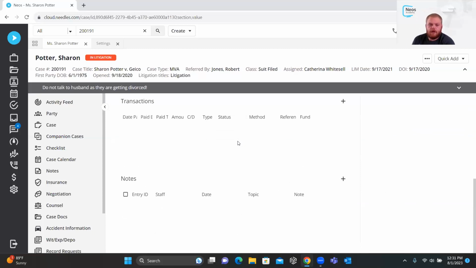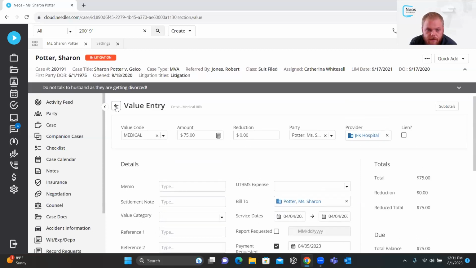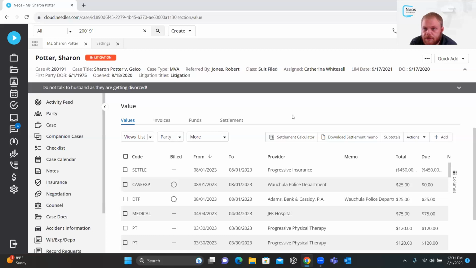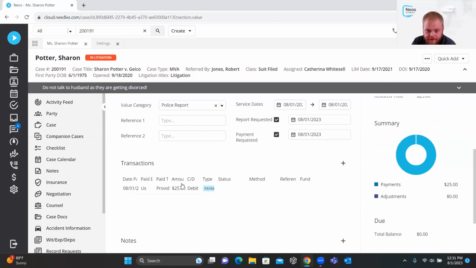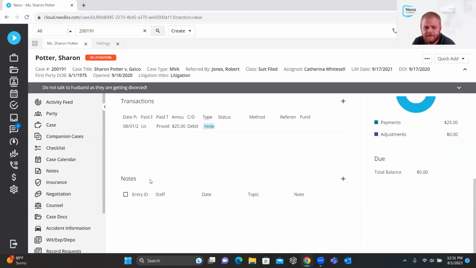So we were talking about our transactions. Let me go back to our actual entry. So with this case expense entry, we created the transaction. We also have this notes section as well. And through this notes section is how you can add notes specific to this value entry itself. So you'll see when you click the plus sign,